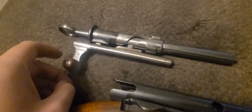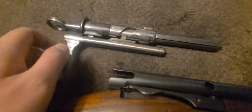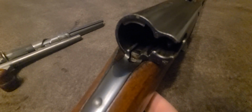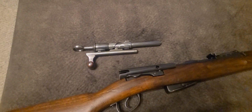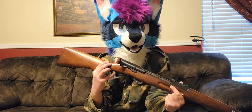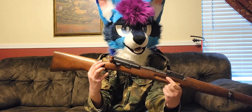But basically, when you're opening the bolt, that's when the hammer is cocked, and then the trigger group stops the hammer from going back forward when you push the bolt back forward, and that's when you are in full battery. Once you pull the trigger, you know the rest. The hammer drops, strikes the primer on the bullet, and sends it wherever you're trying to shoot. So now that we've gone over the enigma that is the mechanism inside one of these weird straight pull rifles,